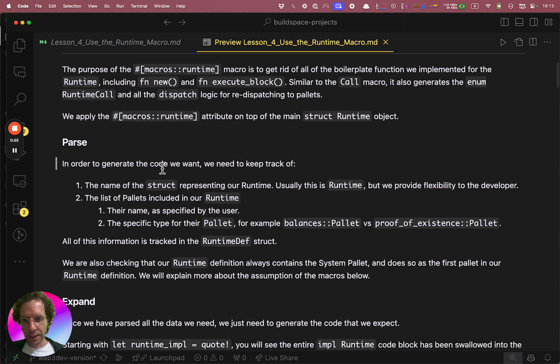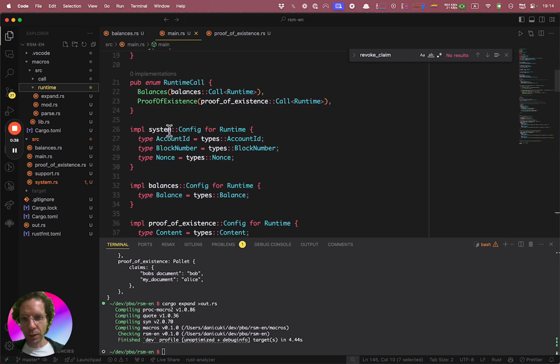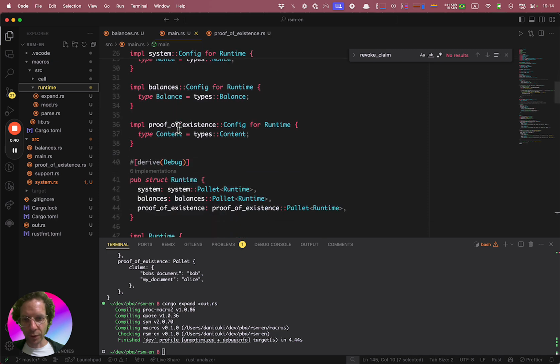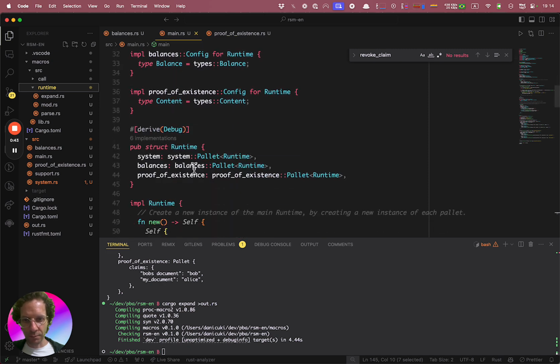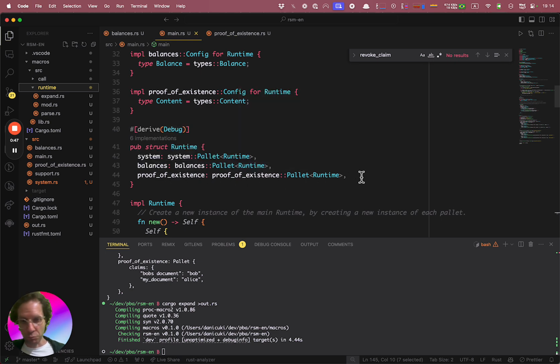Basically, it will parse the struct representing the runtime and see what are the palettes that are included in our runtime. So in this case, let's go there. What are the palettes that we have? For example, we have the balances palette, we have the proof of existence palette, and we can have other palettes.